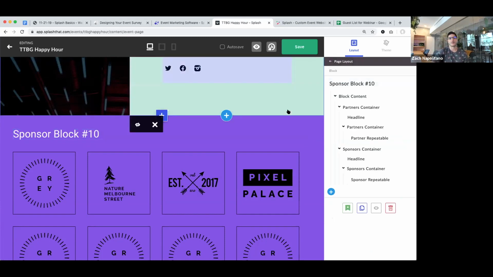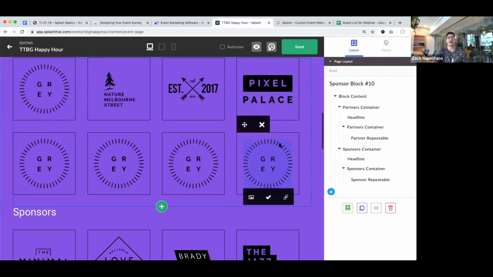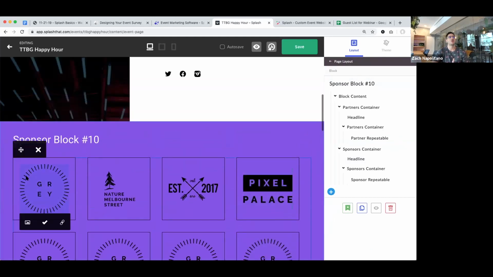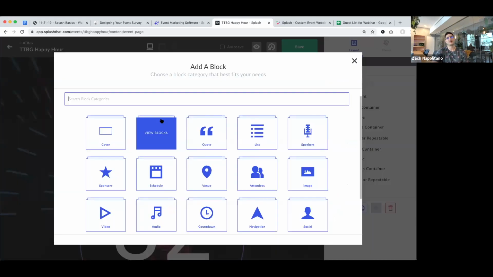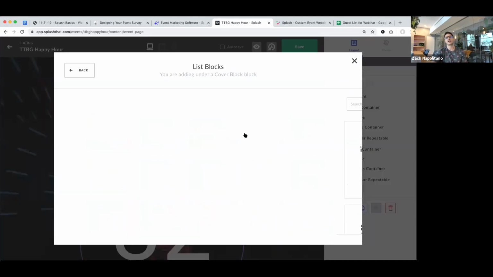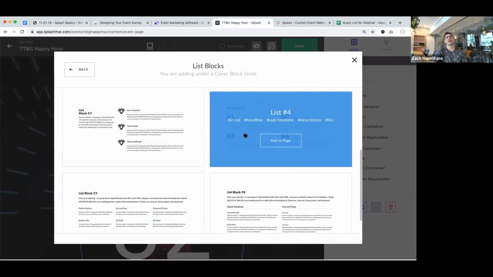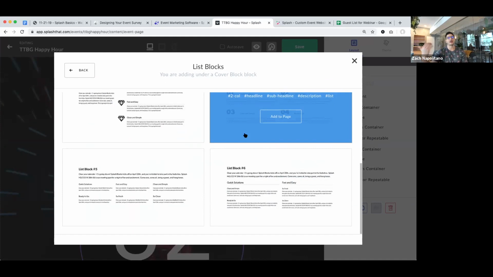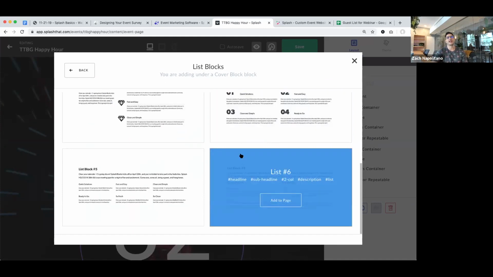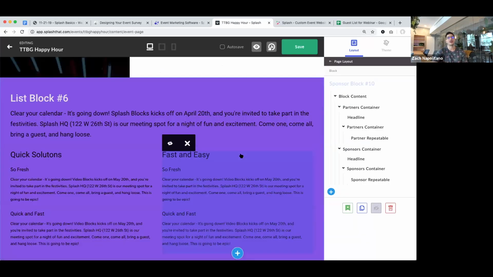Now, another way of doing it that's a little bit more simple, if you don't have the time to learn that more advanced design tool, what I find myself doing a lot, is saying, you know what, maybe this isn't the right content block for me. Let me see what else Splash has in terms of predefined blocks. There's probably something in here that has already been designed that will save me from having to reinvent the wheel.